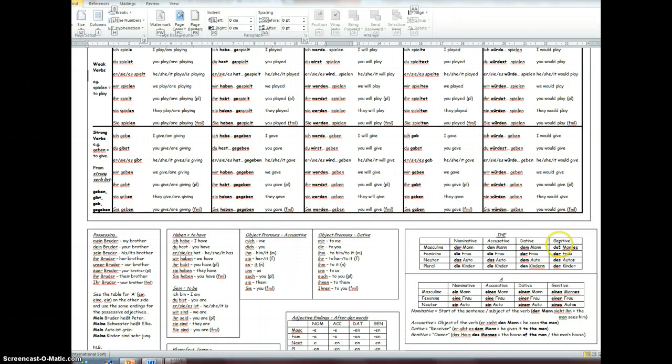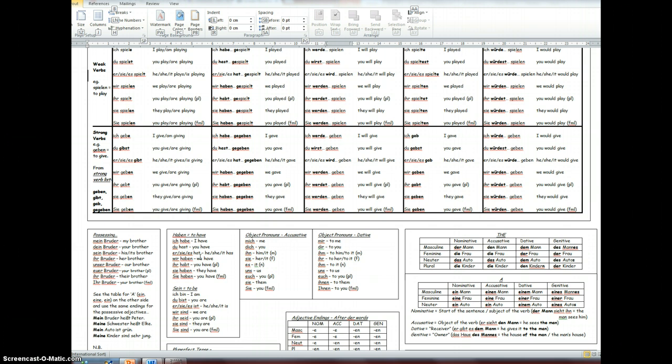Here we have our higher tier learning mat, and just underneath the grid of verbs here, we've got our conjugation of haben in the present tense, which is a strong verb itself, so it changes slightly with hast and hat in the middle of it.